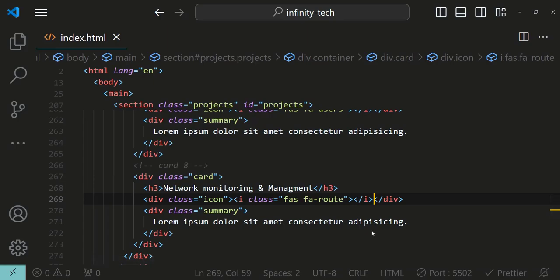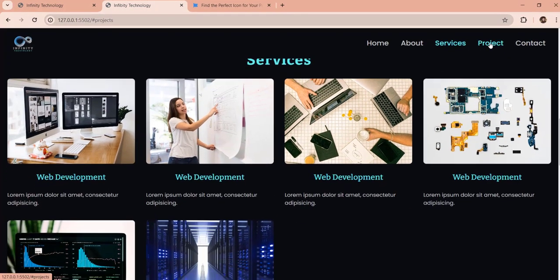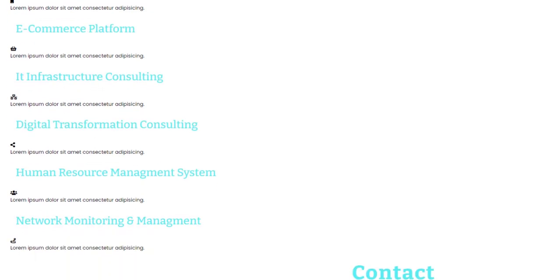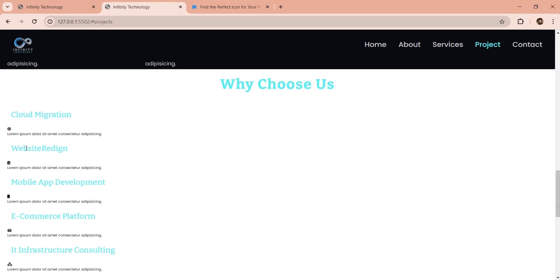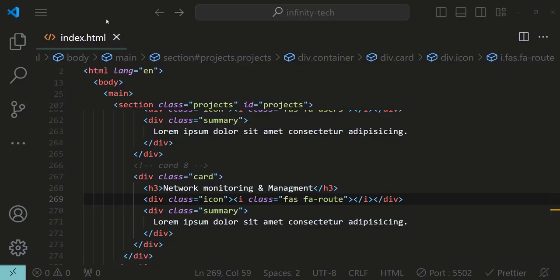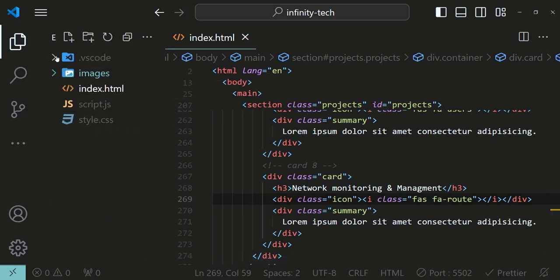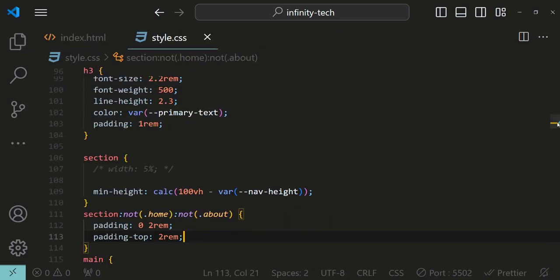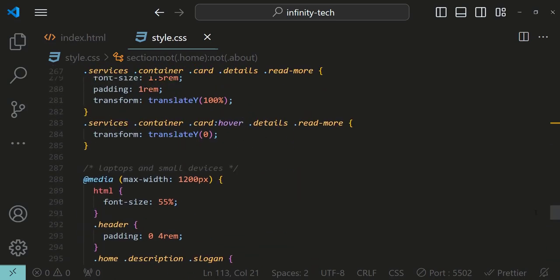Let's have a peek in the browser. Projects. Okay, so we have globe, clipboard, mobile, cart, network, users, and routes. Okay. Now all we need to do is that we have to style them. So let's open styles.css and let's go down over here,